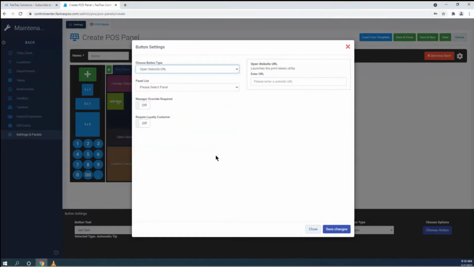Open website or URL is the same thing. It will open up whatever web browser you have set to the default, and it will have that web page open up whenever you click on it. I would recommend having this as a button for employees for our website because we have an employee version of the Control Center website